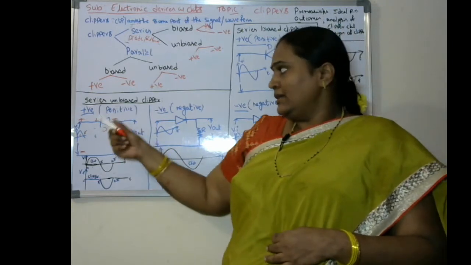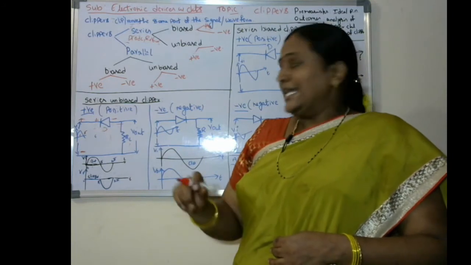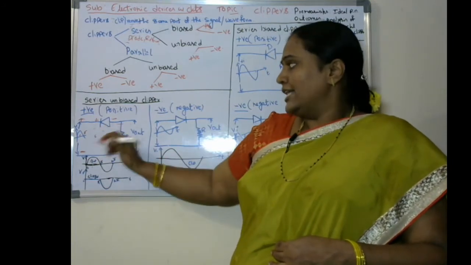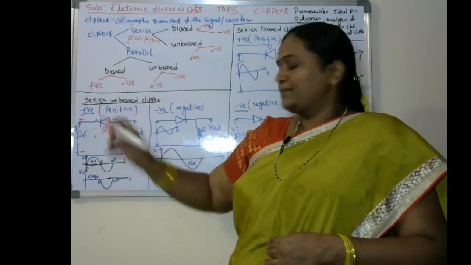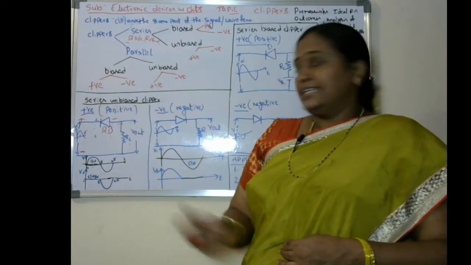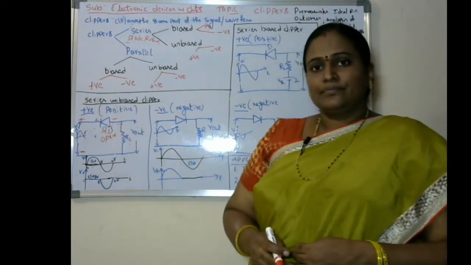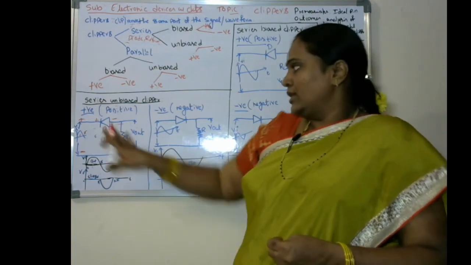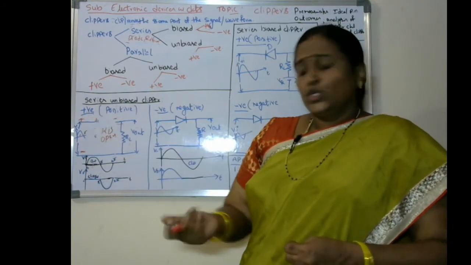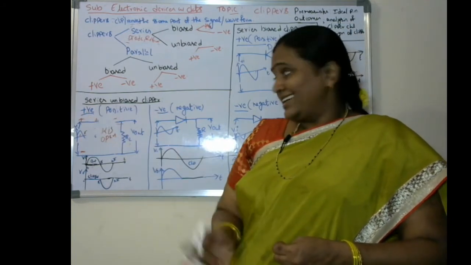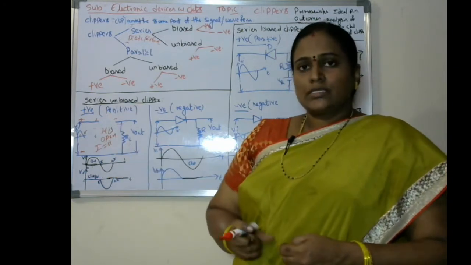So indirectly the diode has been connected with reversed terminals. So it has been reversed, and the diode enters into reverse bias. Whenever the diode is reverse biased, it acts like an open circuit. So no current will flow. If it is open like this, no current flows in this. If current does not flow, current I equals 0 in this case.